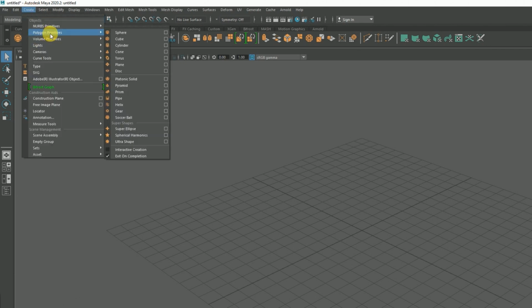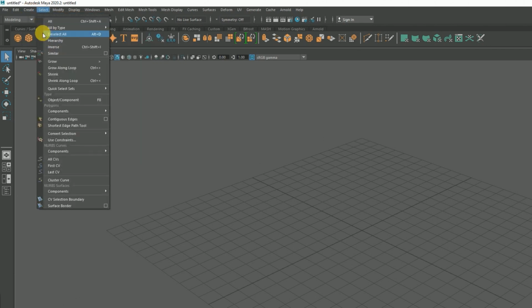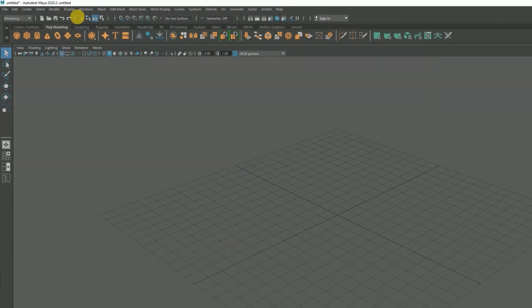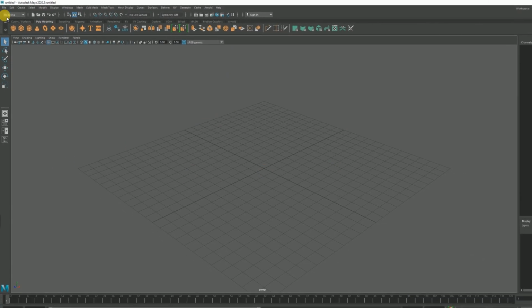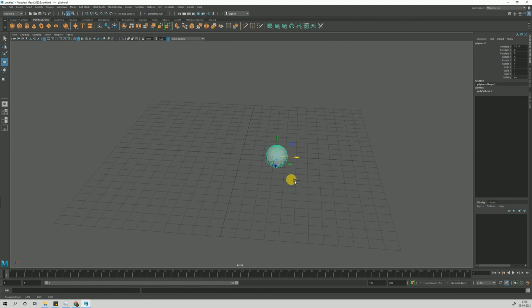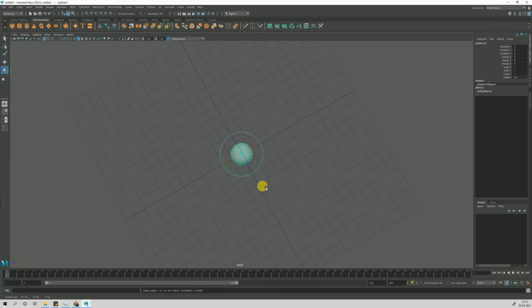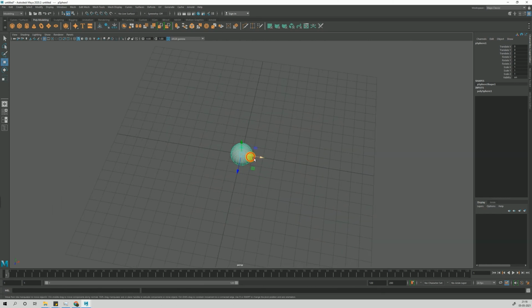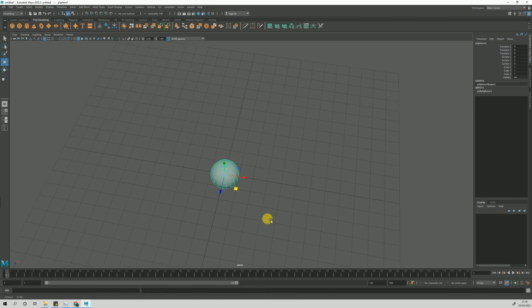There are more shapes available here under the grid and polygon. So these are the basic shapes we had already. These are the extra shapes which are not in the list. And there is also one named super shape. So let's start. This is a sphere. Once you build it, you can move, rotate, and scale it. We're going to use move, rotate, and scale, and we're going to do some interesting things just with basic shapes.